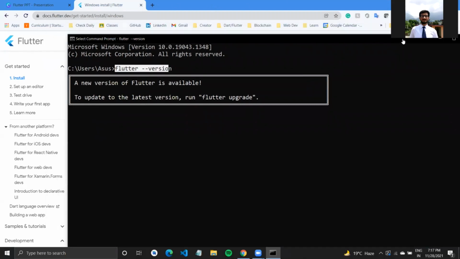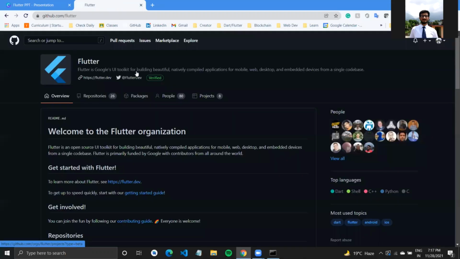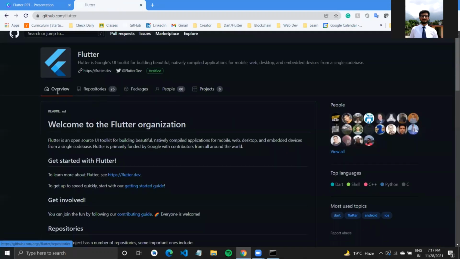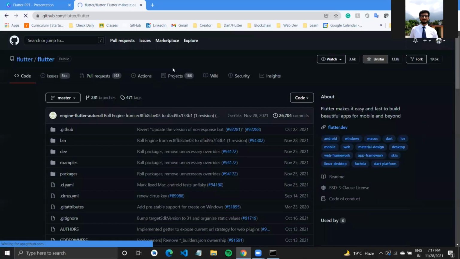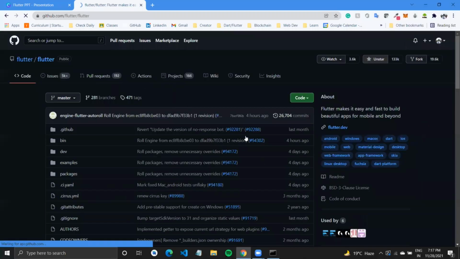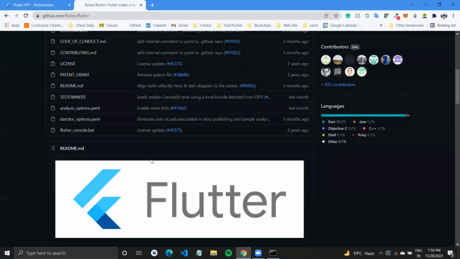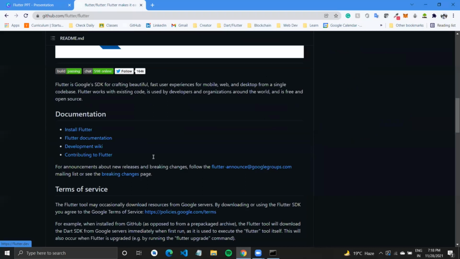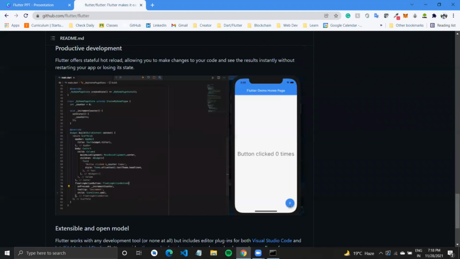Till then, I want to go over to the GitHub repository and quickly show you where everything is. Flutter has its Flutter GitHub repositories. This is the company page and this is the official repository. You can see there are a lot of issues, open pull requests and also projects. You can actually create an issue if you are running into something. Someone from the team normally does take it up and they are really helpful. There's the whole Flutter GitHub repository, and you can also check out the code if you want to.